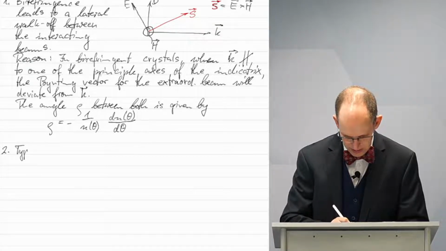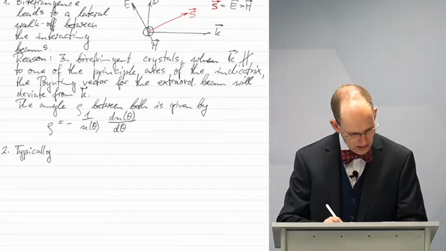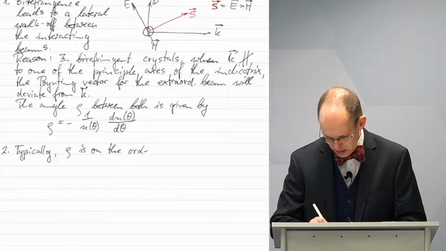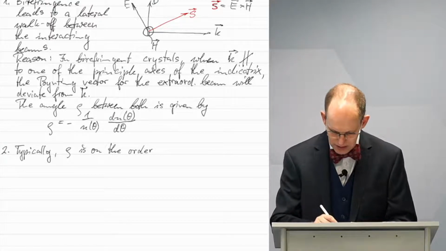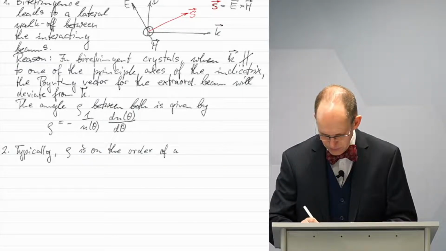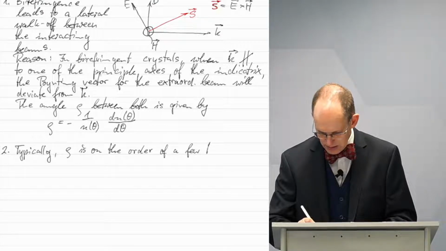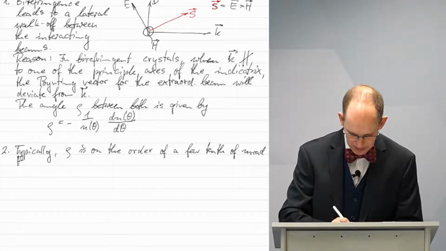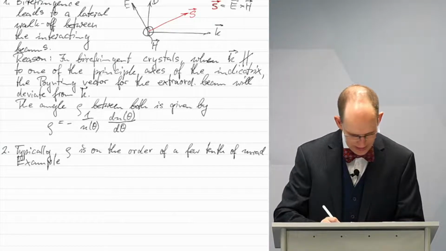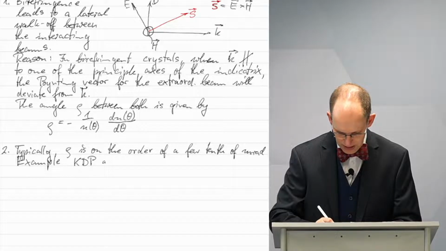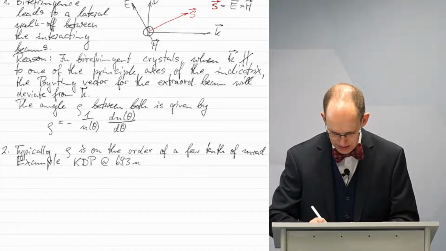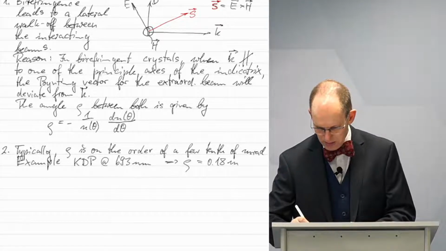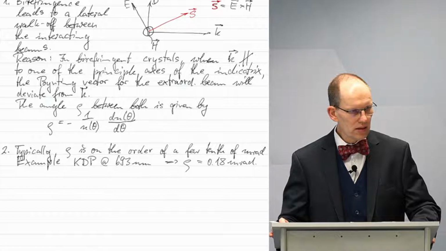Yeah, so typically rho is on the order, actually just a few tenths of a milliradian. And just to give an example, again KDP, and again at 693 nanometers, right? Then you find that rho is 0.18 milliradian. This doesn't sound like much, but